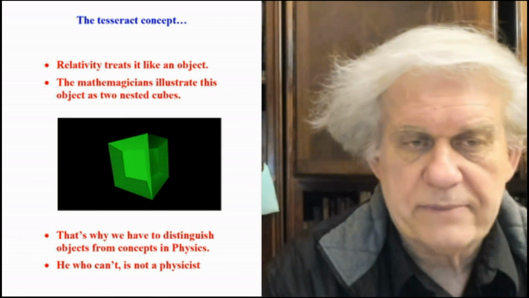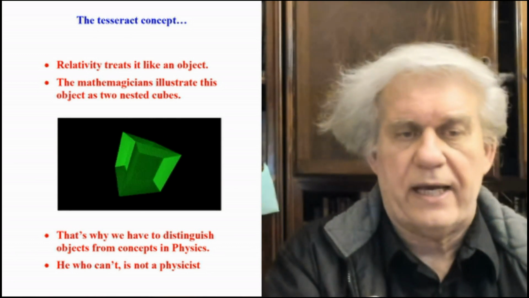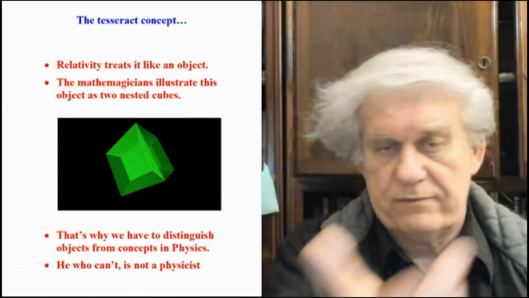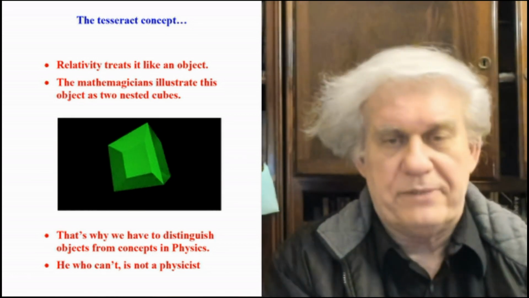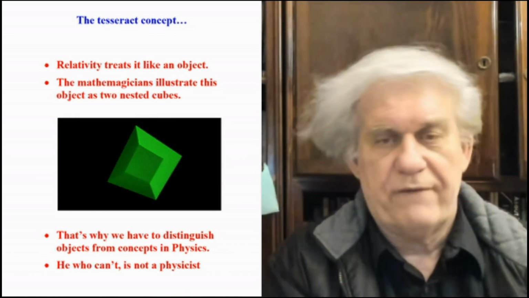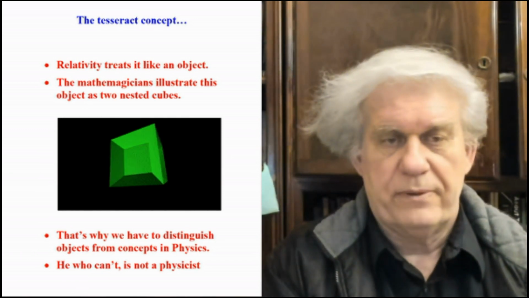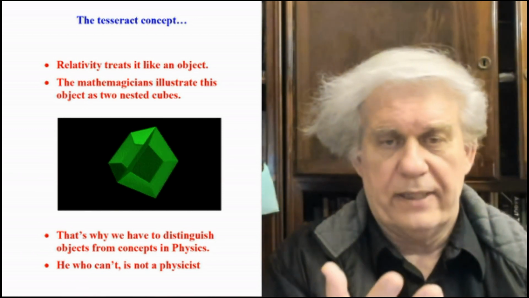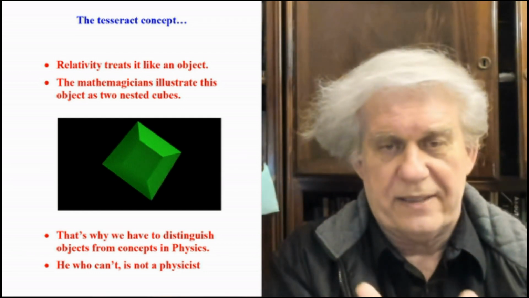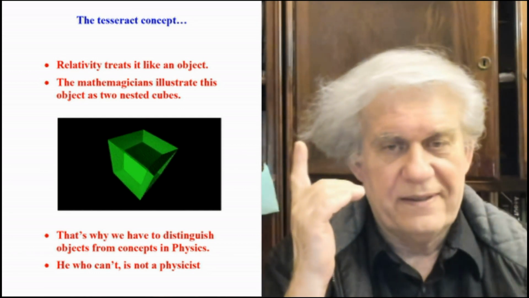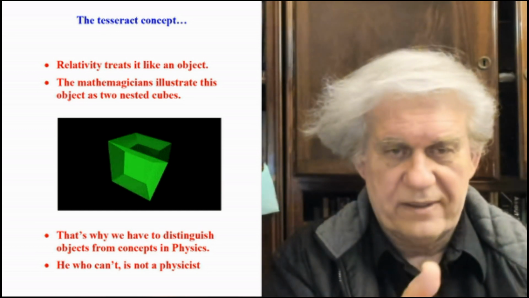Mathematicians illustrate this object as two nested cubes. I just showed that, and you can see that if you freeze that image, you have two nested cubes. They put it in motion on top of that. So what they're illustrating is an object, because I can see it's got shape. And that's the definition of an object, that which has shape. And it has shape, whether I see it or not, by the way. But that's one way of showing it, by saying that you can see it. I can't see the one the Klingon has out there, but I can see this one.